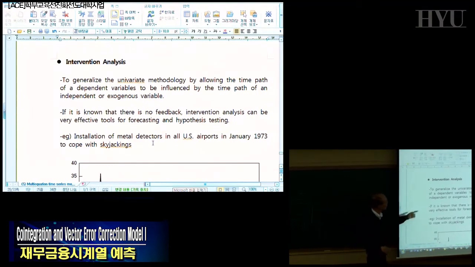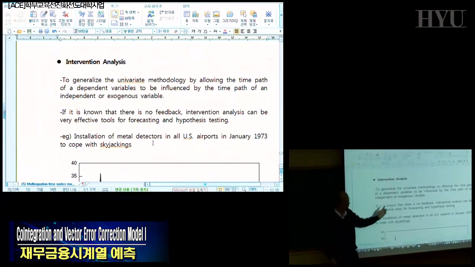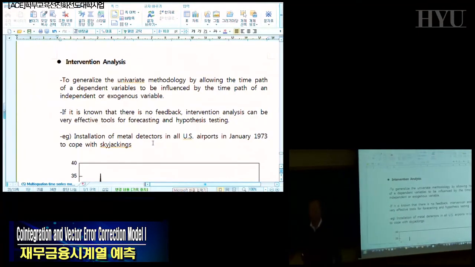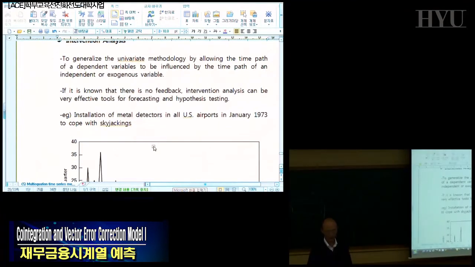In this intervention analysis, we want to introduce other variable which is not endogenous. Okay. So you can see, for instance,